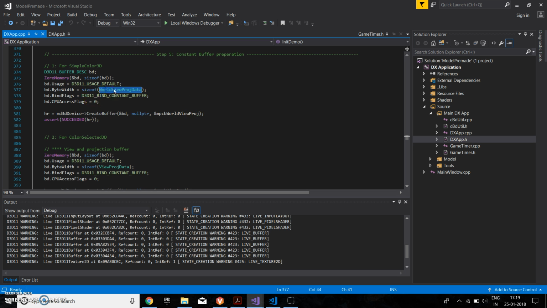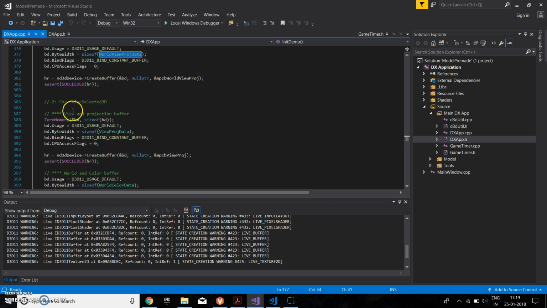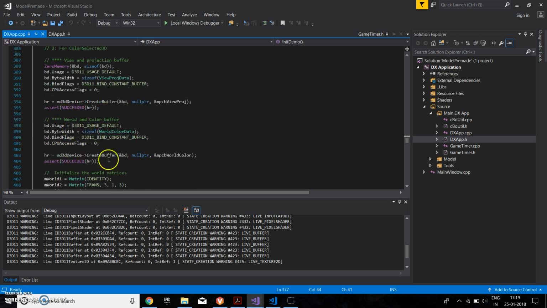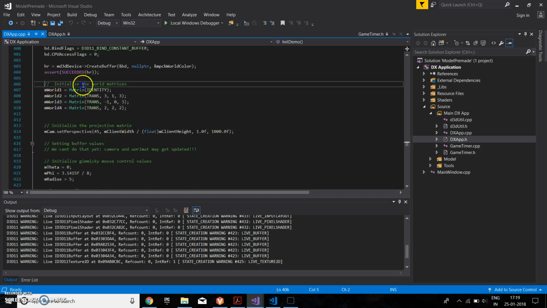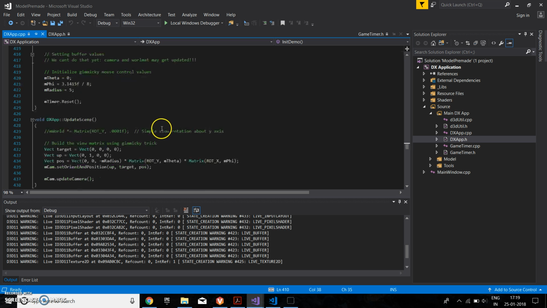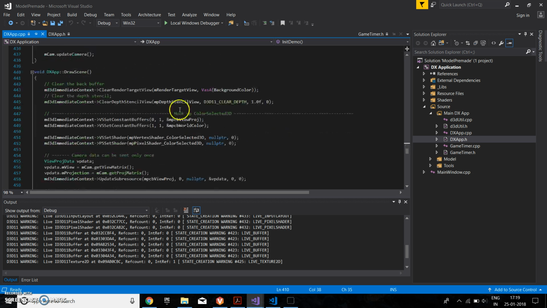Right here, this is the data structure for simple color, data structure for color selected, and the first one and now the world color one. Initialize the world matrices, it's pretty straightforward. And okay, so over here,